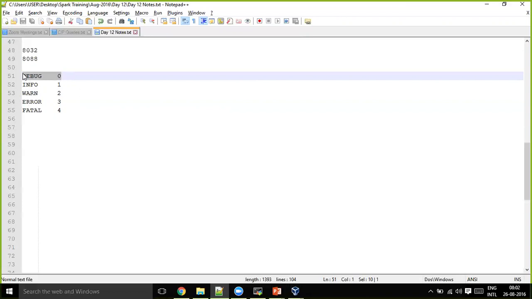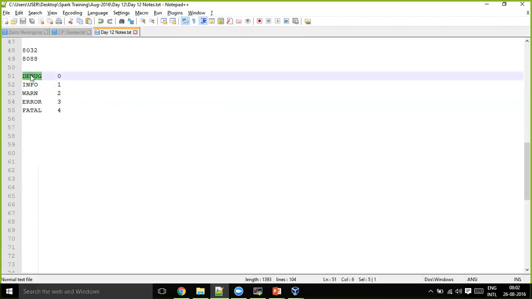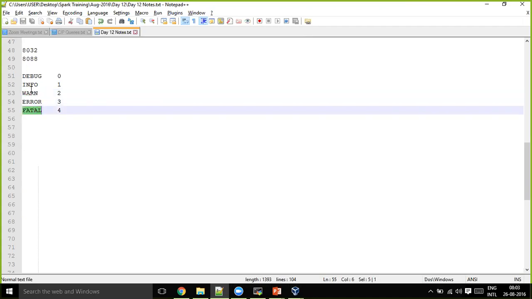That means I see every log message. If I set info, then debug messages will never be displayed to me, only info, warn, error, fatal. If I set warn, only warn, error, and fatal, but not debug or info.